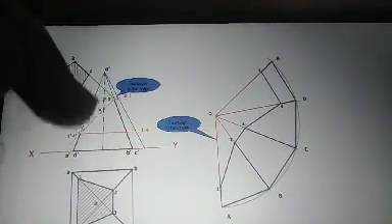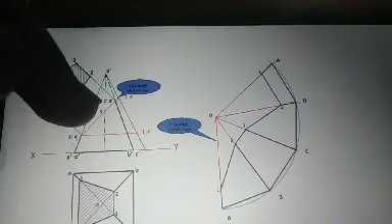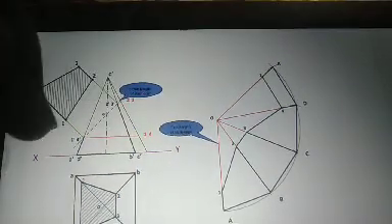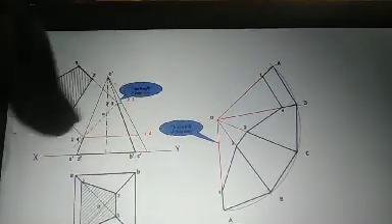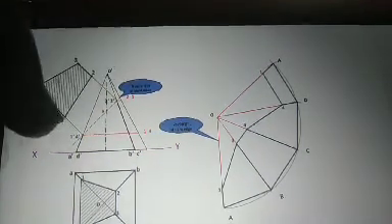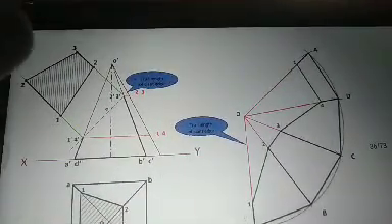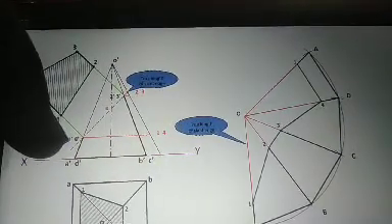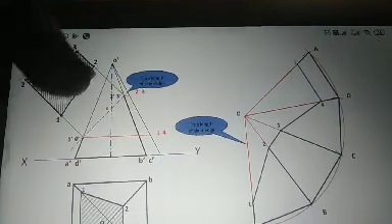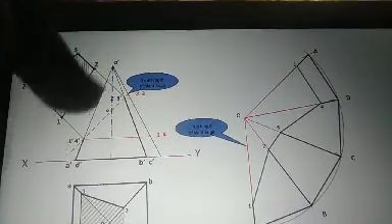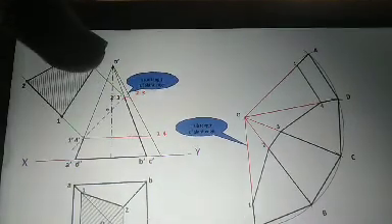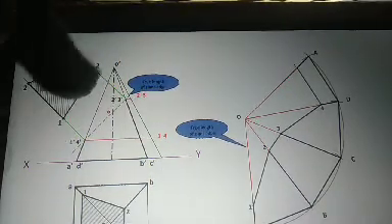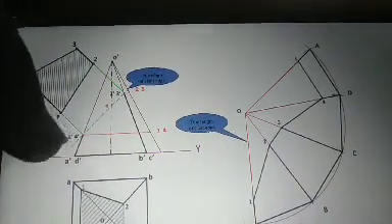Then next you have to bisect this axis, that is 65 mm, so 32.5 mm is the point of bisection of that section plane, and draw a line at 45 degrees to the XY line. That is your section plane or cutting plane, and mark the points 1 dash, 4 dash, 2 dash, 3 dash. 1 dash is cutting the edge O dash A dash, 2 dash is cutting the edge O dash B dash, 3 dash is cutting the edge O dash C dash, and 4 dash is cutting the edge O dash D dash. You will get your cutting points.